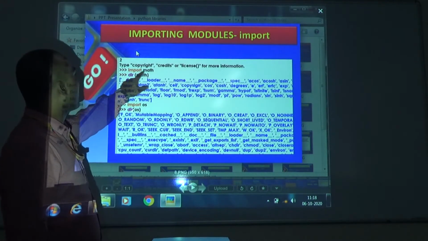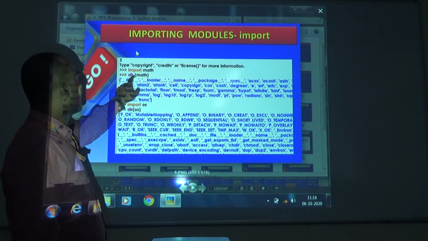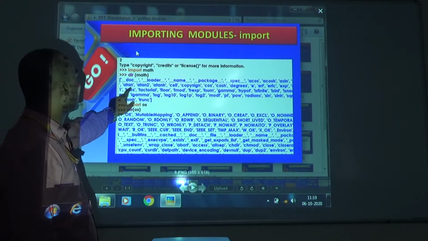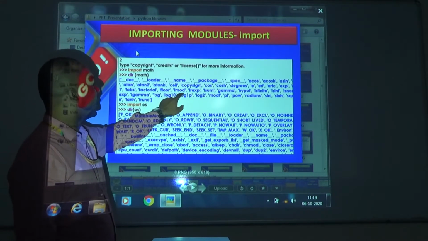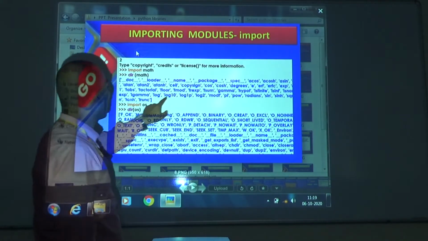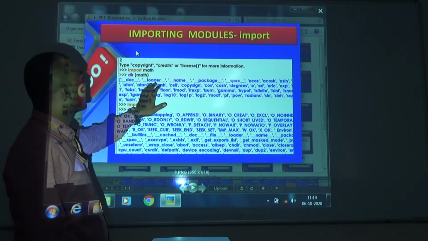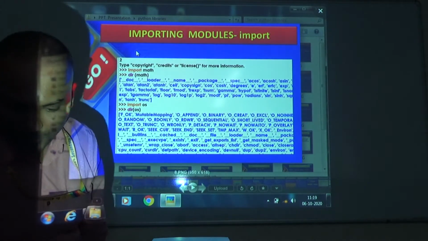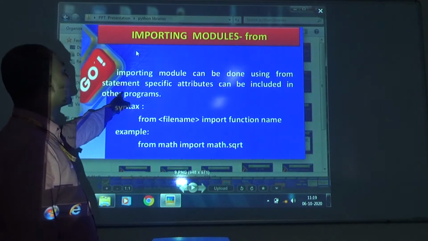Now see here, import math. Import is a statement where we are calling math, and with dir, it will show all the directories of the math module. See here, factorial is here, fabs, floor, mod, exp, sum, degrees, cos, log. This way we can see all the functions contained inside the math module displayed here through dir.